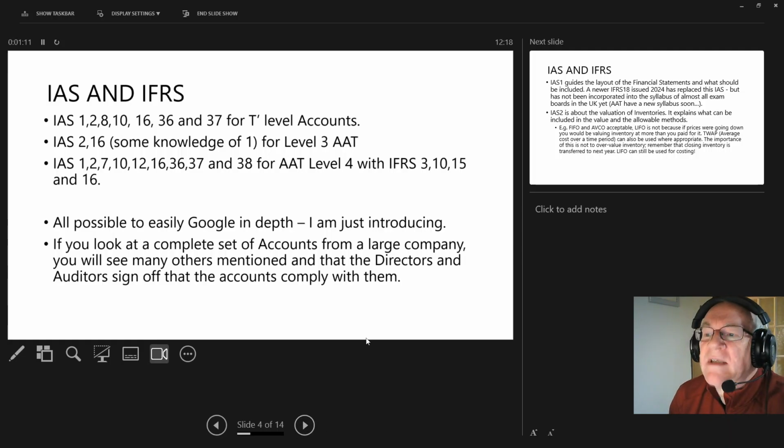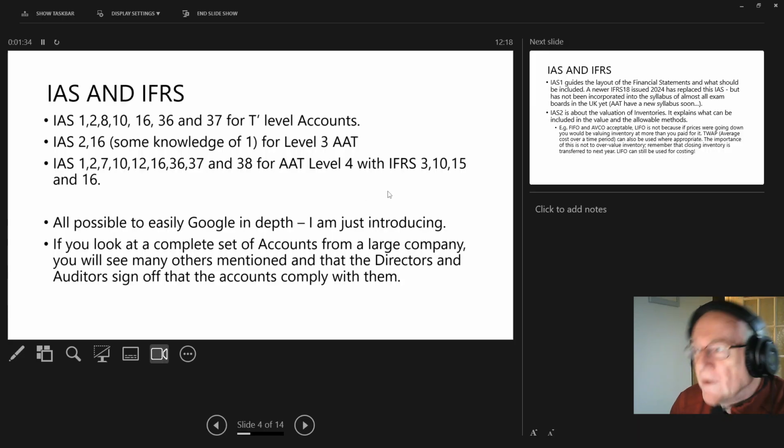So, quick list, I'll leave that just up, I don't really need to talk through these numbers. You should know roughly what's on your T-level accounts, but Pearson did make a mistake. It is in their errors page. What they called IAS 3 is actually IAS 8 accounting policies. And in the list of AAT, notice IAS 80 is missing from AAT, we'll explain that one later.